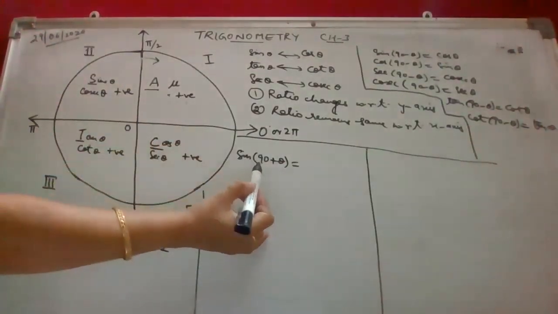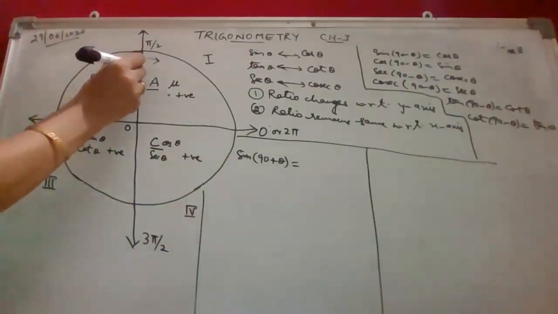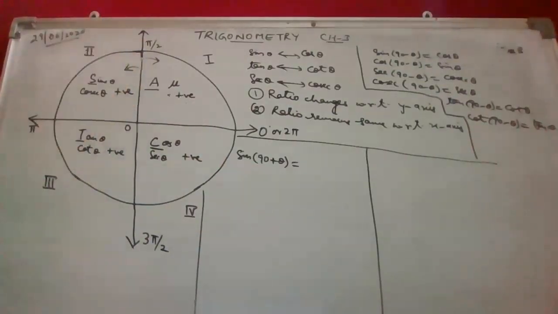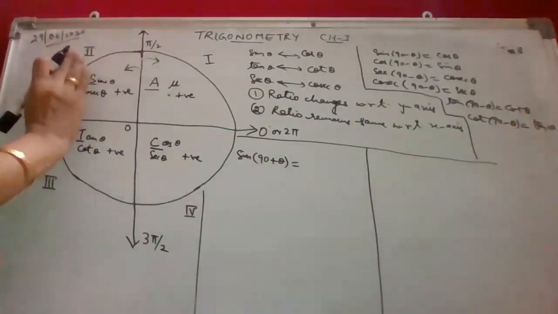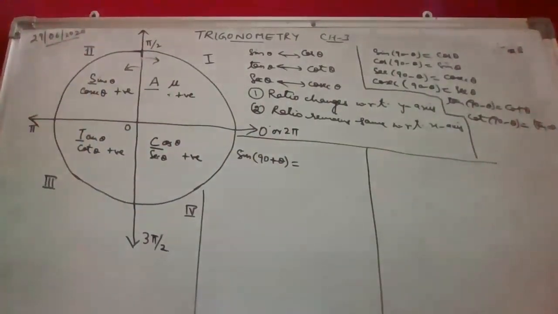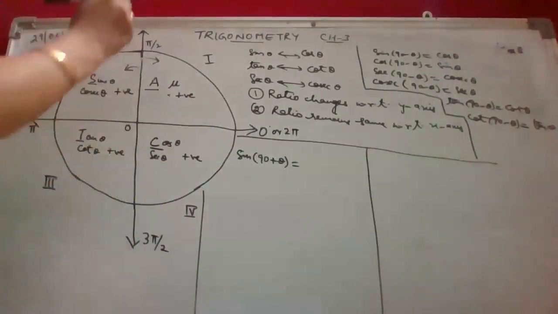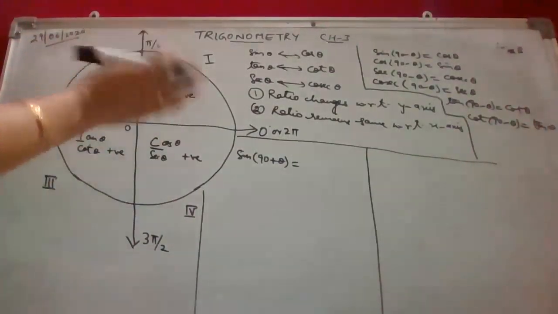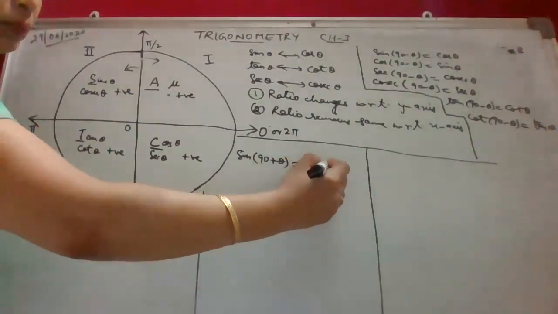Now if I want to find out the ratio change for 90 plus theta, 90 plus means we are moving to an angle which is greater than 90. So greater than 90, again it is an acute angle. So we come to just the next quadrant, that is the second quadrant. In the second quadrant, again it is with respect to the y-axis, 90 degree is on the y-axis. If we are taking 90 plus or 90 minus, the ratio will change that I have given you here. So sin theta changes to cos theta.